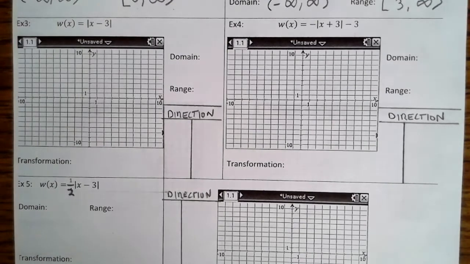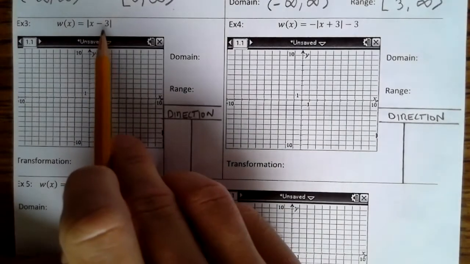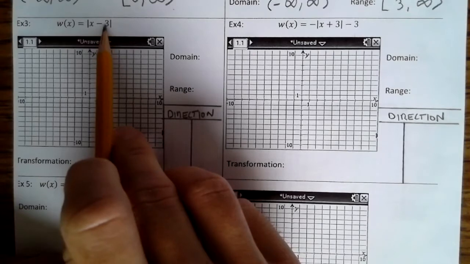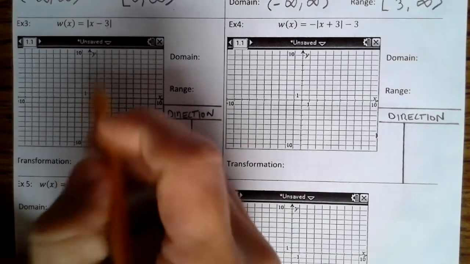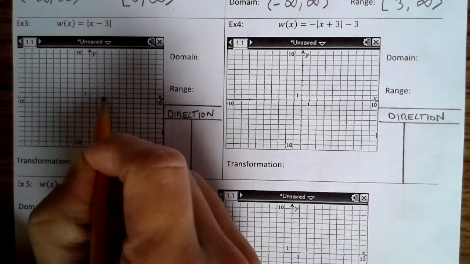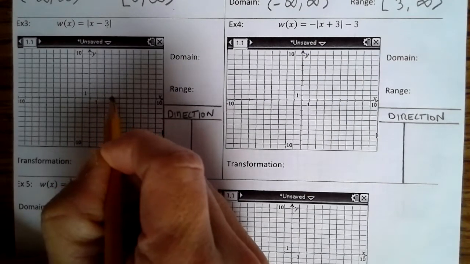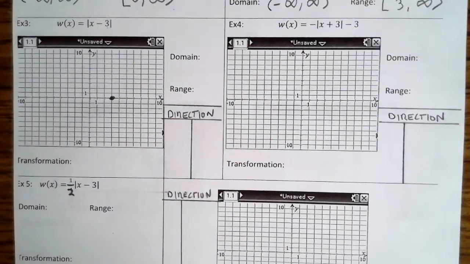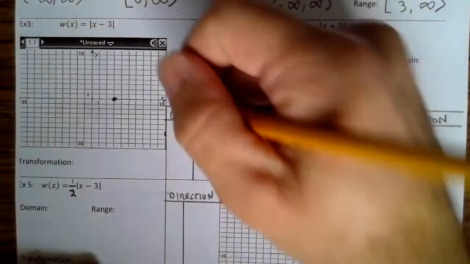All right. Now, the -3, from our notes, moves the vertex right 3 units. So we were at 0, 0. Now we go 1, 2, 3, right 3 units. Okay. Now our directions again are still -3,